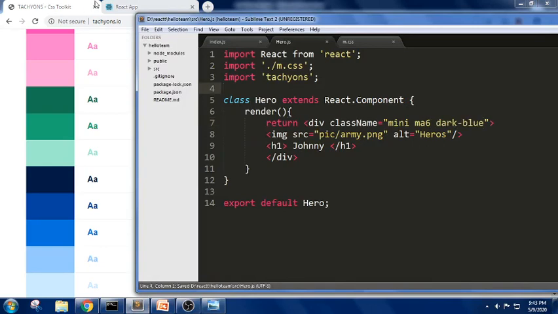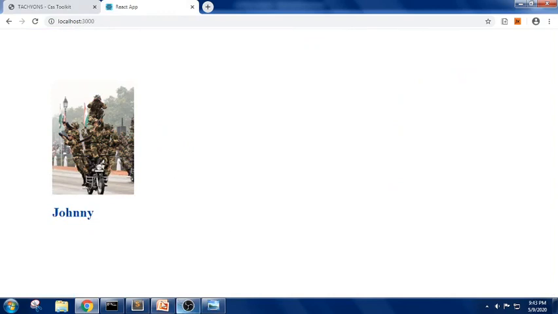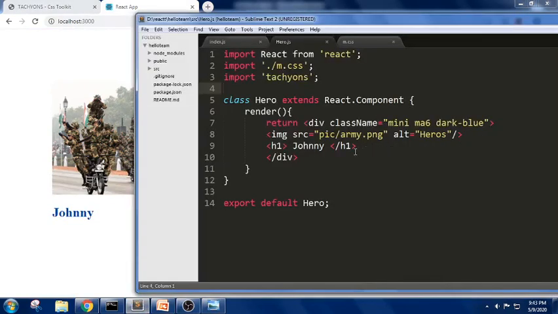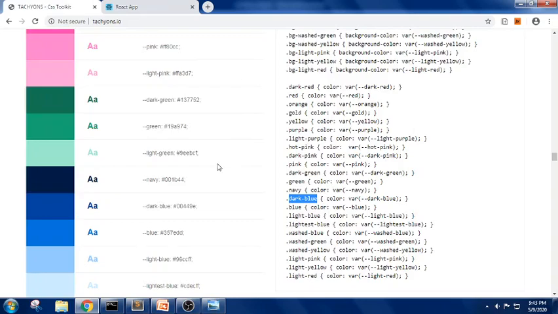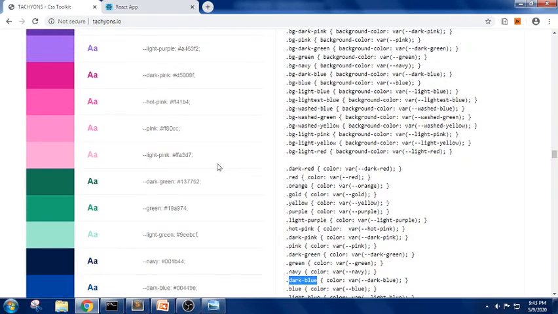We have used Tachyons. Everything is done. So it is trying to apply for the text, so we need something for background. Yes, no, we are not getting it. So for background it is not working. Let us use this thing like we have taken for the text. For background it is not getting reflected in this.